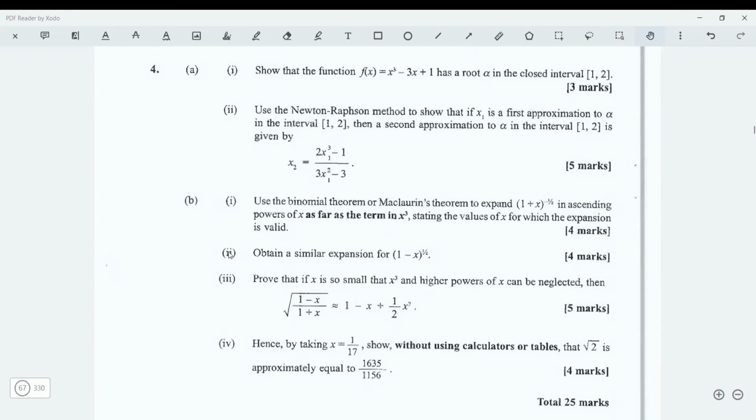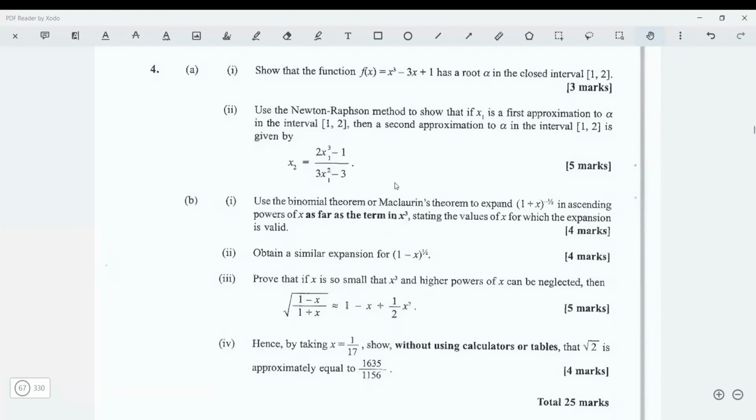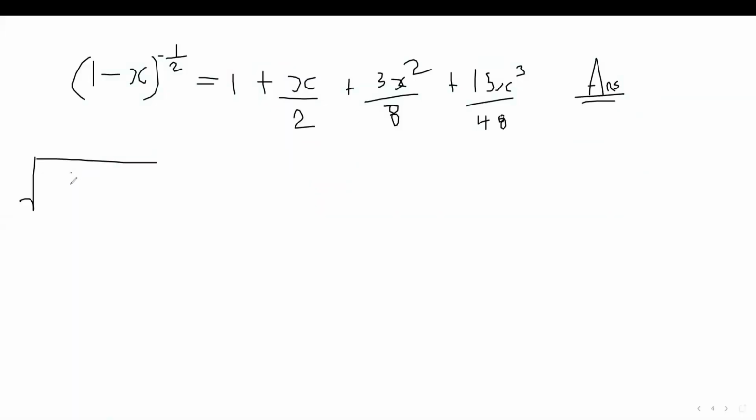Part 3 now, Marika, it says, prove that if x is so small that x cubed and higher powers can be neglected, then the formula work out to be that. Now, Marika, they want us to find an expression for the square root of 1 minus x over 1 plus x. Now, the square root of 1 minus x